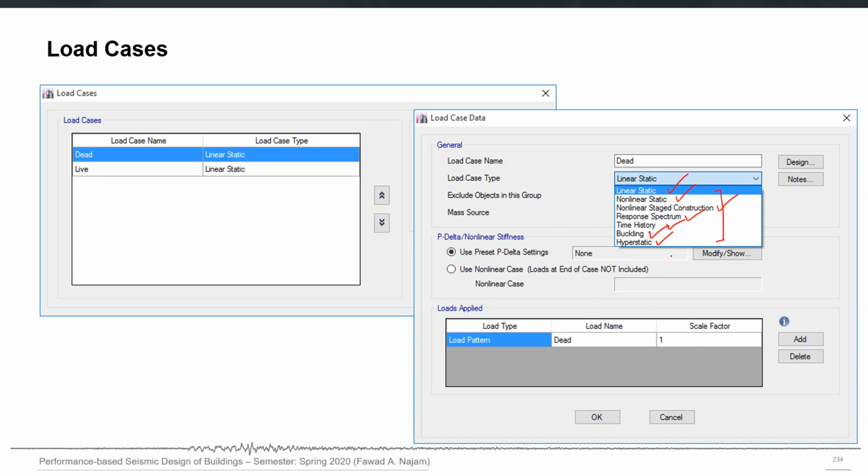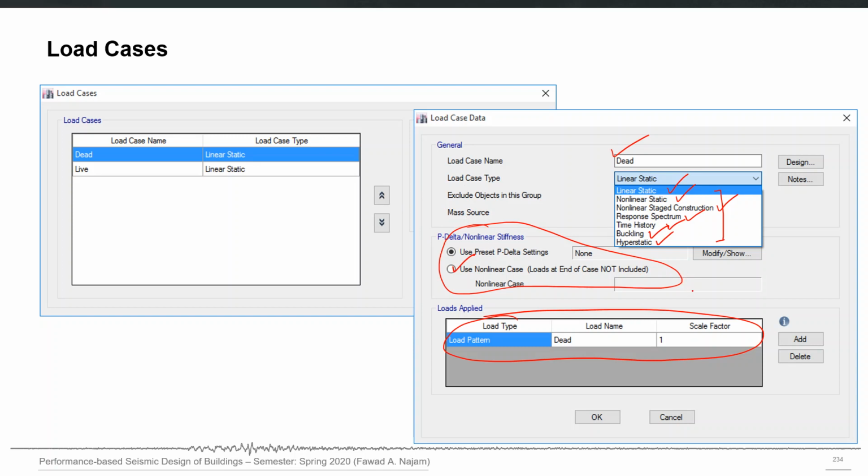In each load case, you have to select the load patterns which should be applied as part of that load case. You also can select the nonlinear stiffness for different load cases. So if you, for example, want that this particular load case which you are making should use a nonlinear stiffness at the end of another load case, then you can select the second option and then you can select that nonlinear load case.